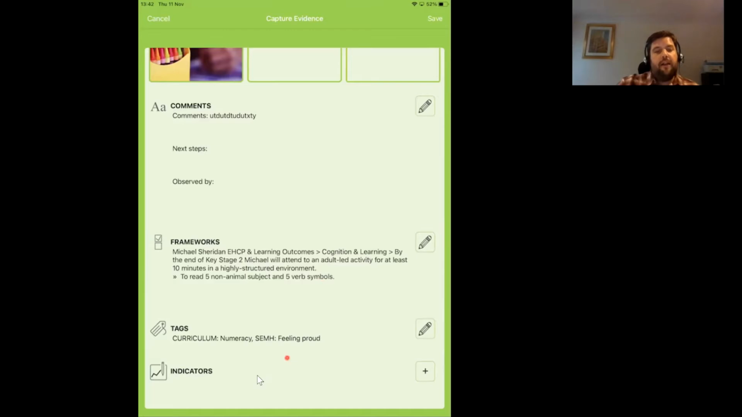And then at a later date, I would be able to locate all the evidence for Michael that's got this specific tag that's been added to it, or for the blue class or the oak class, for example, or for all the evidence in the school, I could look for any evidence that has this specific tag that's been linked to it. So tags are a really useful way of being able to embed key language into your evidence